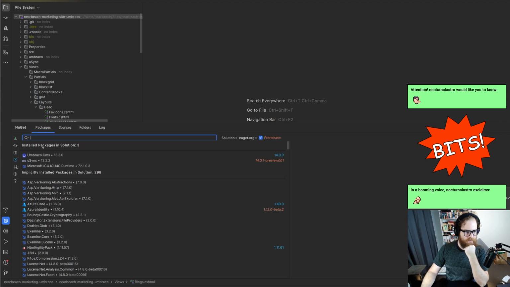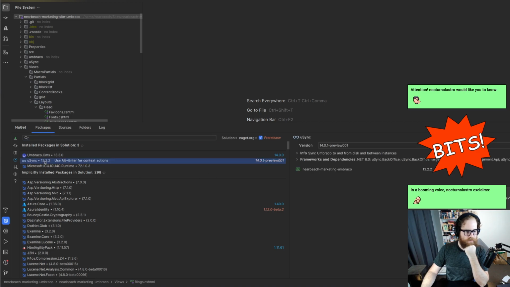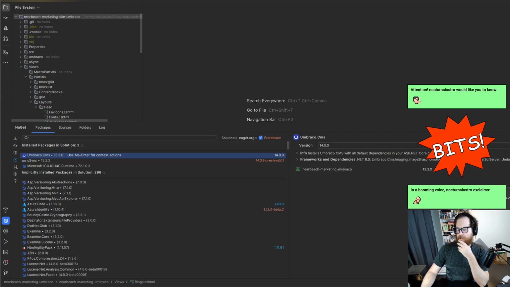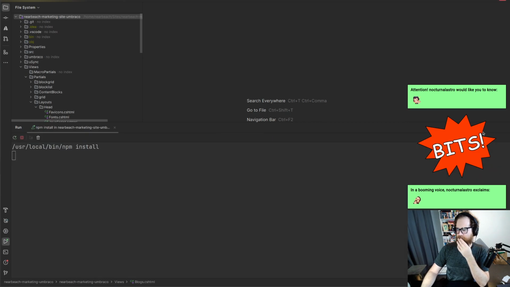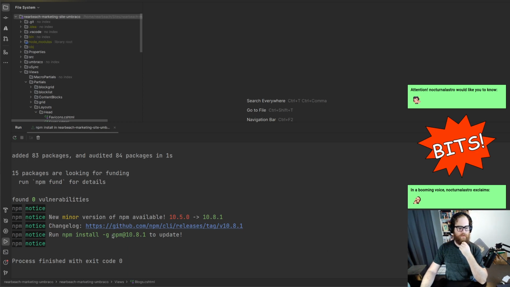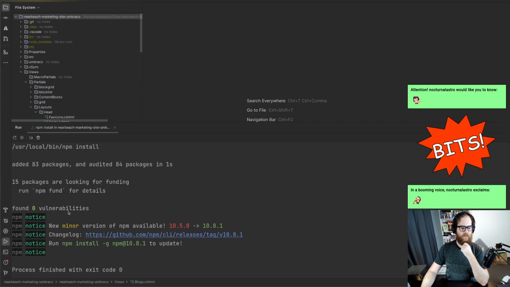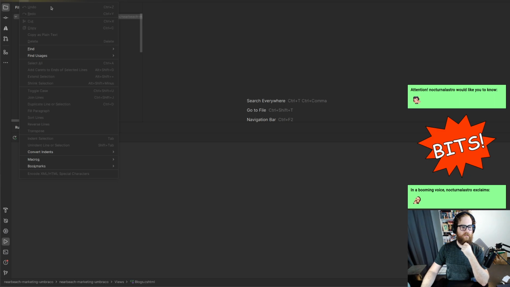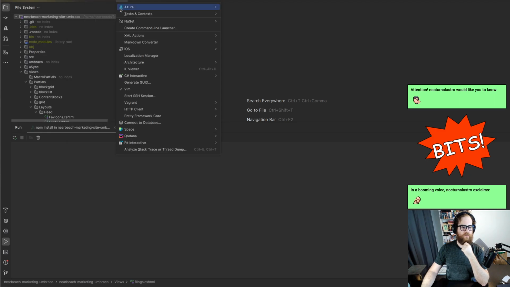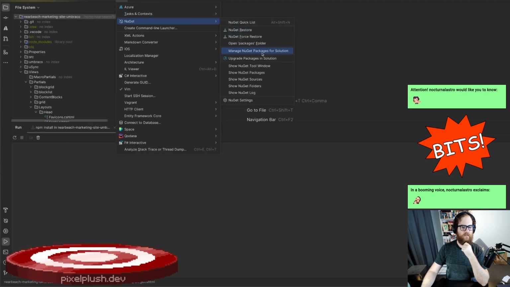So we've got packages installed, implicitly installed in solution. All right, cool. So we want Umbraco CMS. We want to upgrade it to that. Let's install that. Let's close that. Let's run npm install. Let's get everything set up here first. Okay, cool. Clear all. We need Tools, NuGet,